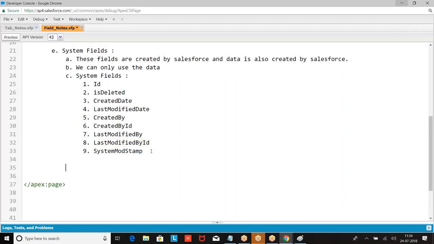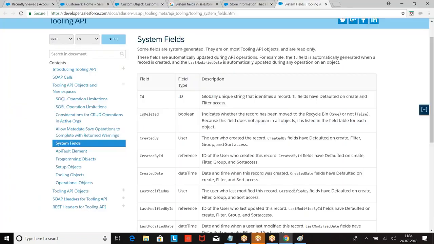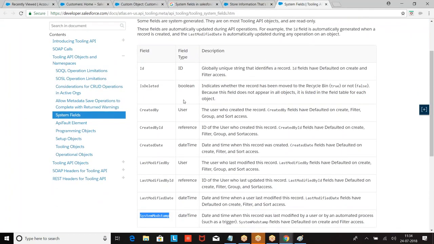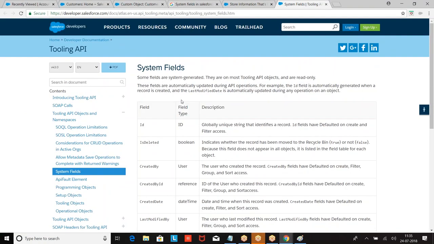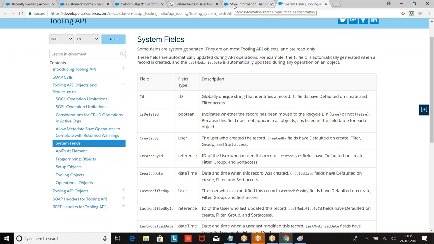First one, ID. Listen carefully. Salesforce by default creates an 18 character unique ID.